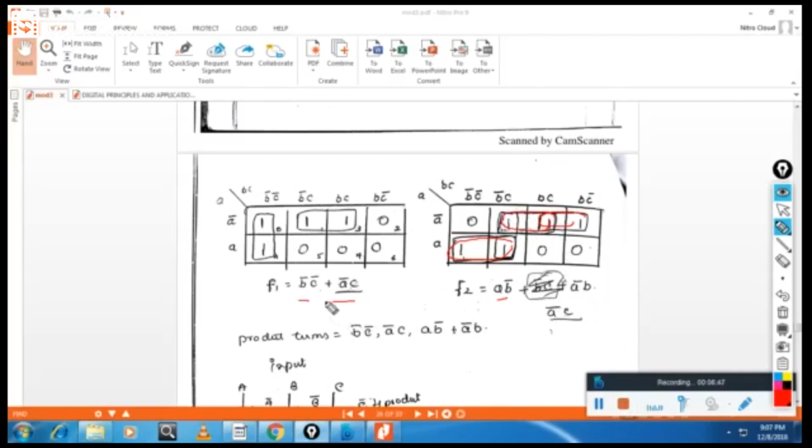When you see how many fundamental terms there are, this is 1, this is 2, this is 3, and this is 4. This fourth term is common. So I need 4 AND gates. You may ask one more thing here.